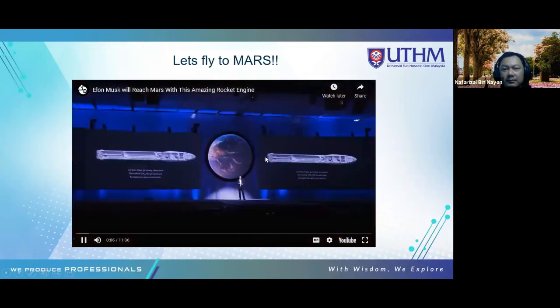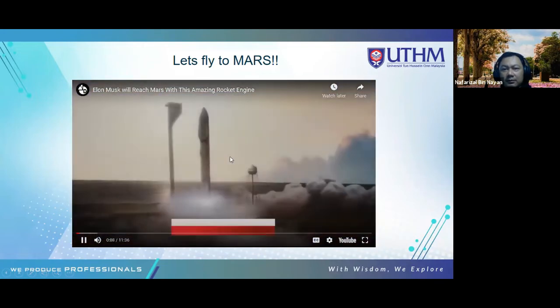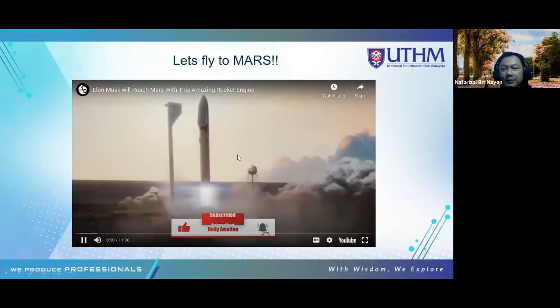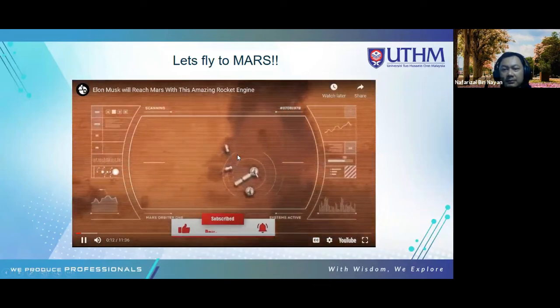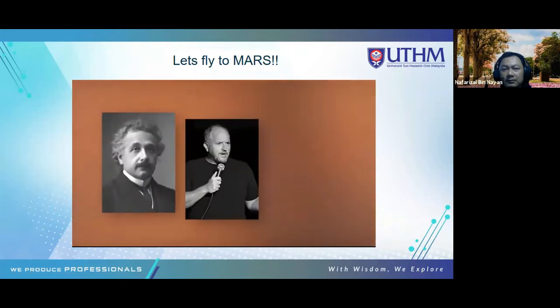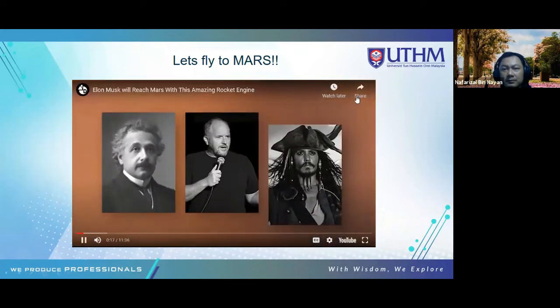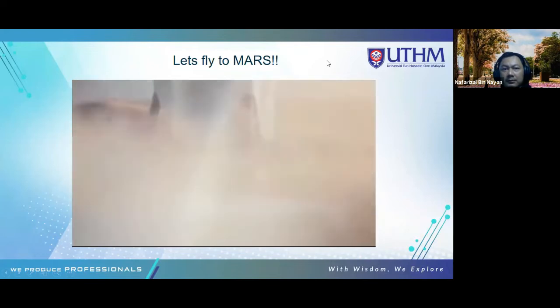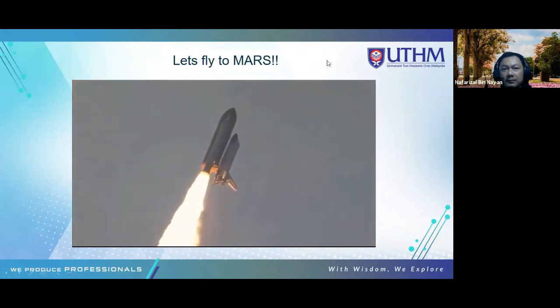Nuclear donut for Elon Musk, or the engine that will deliver a mission to Mars. To figure out how to populate Mars, you need to have the mind of Einstein, the wit of Louis C.K., and the courage of Captain Jack Sparrow. The inefficiency of rocket engines still remains the main obstacle. Chemical propulsion systems are